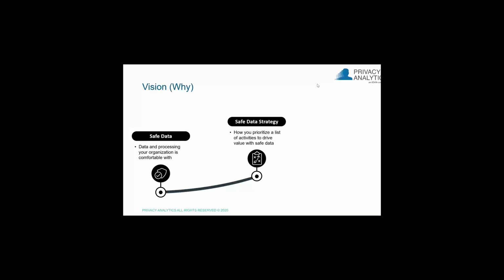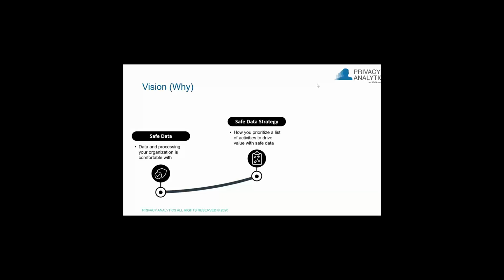So Acme Analytics needed to explore what safe data meant to them, and what activities they needed now and in the future, based on their future processing goals. There are certain objectives and goals that they're trying to achieve. When I say activities, I mean things like governance, technologies, and processing to make data safe in that operational context. These need to be driven by actionable insights, derived from real evidence, because that's going to become the narrative for the data strategy.